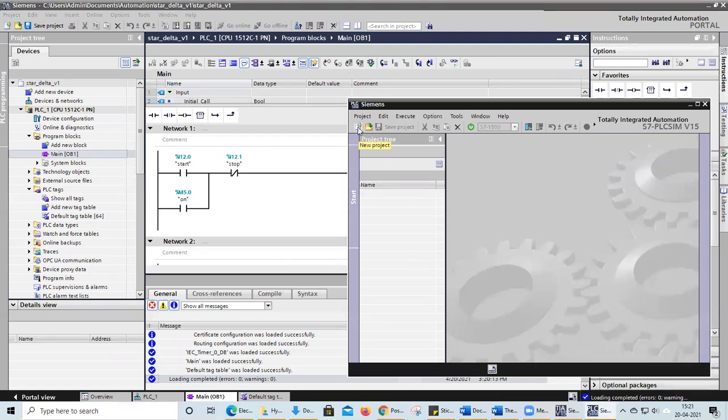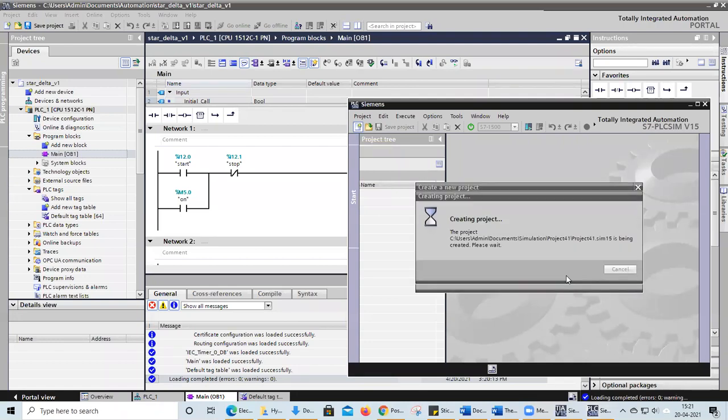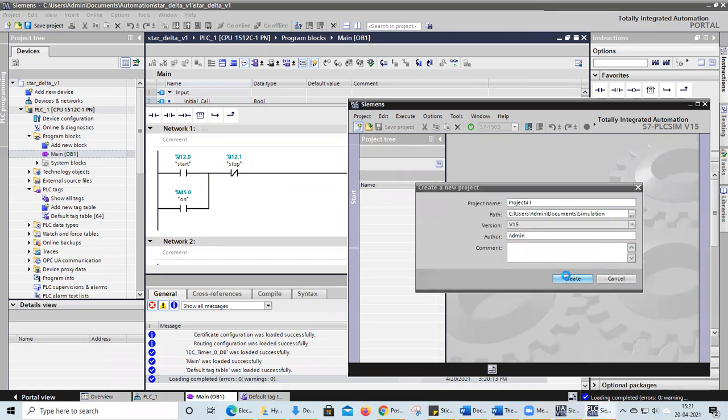Here you go and create a new project. You can write a name for your project, otherwise you can leave it as the default. It is up to you.